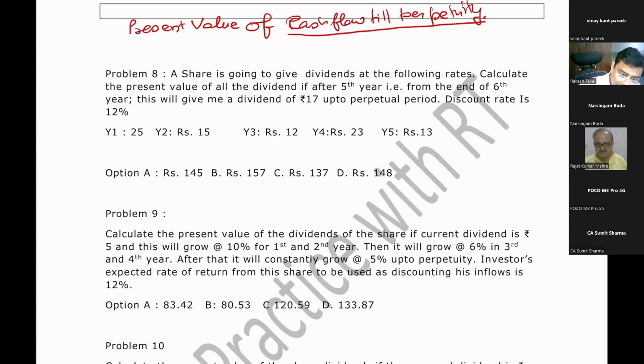so you have to make in Excel by 1, 2, 3, 4, 5 and 6. Year 1 you are getting 25, year 2 you are getting 15, year 3 you are getting 12, year 4 you are getting 23, year 5 you are getting 13, and after that you are getting 17. This is a very important concept. I want to show it to you in Excel also. और अगर प्लीज किसी को ये चीज समझ नहीं आए, किसी का क्लियर नहीं है, लेट मी नो।